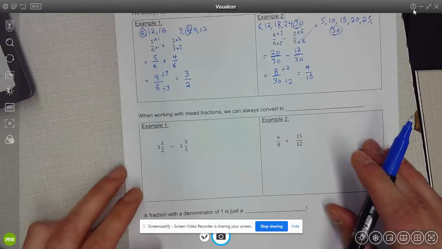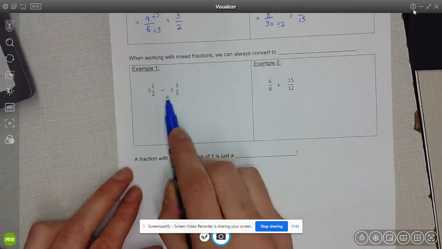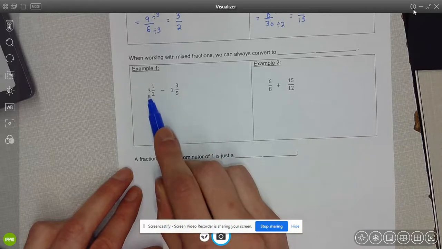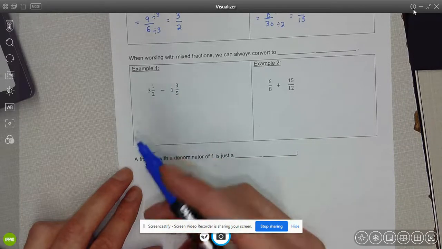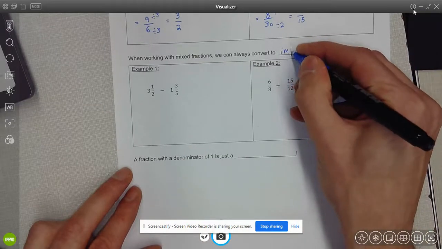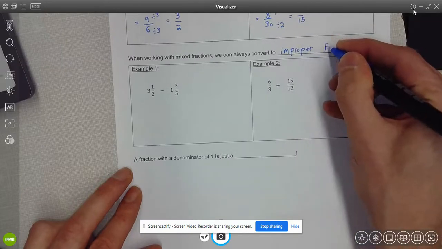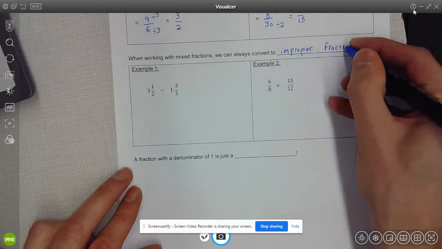Whenever we worked with mixed fractions, so here's some examples of mixed fractions, because I've got a whole number and a fraction, so it's mixed. Before we start, I want to convert to improper fractions. And we've been doing this almost every day we've been in class. So we should be getting pretty quick